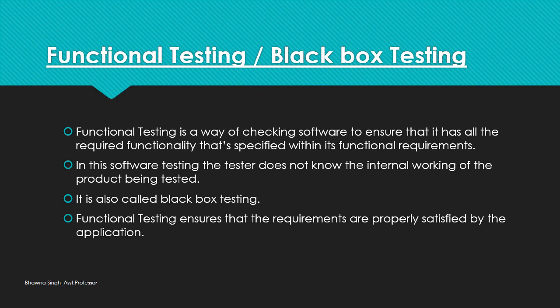But in functional testing, there is no need to test the internal logic or the internal data structure of the code, only the functionality of the application. So we can say that in functional testing, the internal procedures are not considered. That is, how the input is going, how the basis path is, or how the control flow is going inside the code, all these things are ignored. That is why it is also known as black box testing, because in black box testing, we are not concerned with the internal processing of the program.